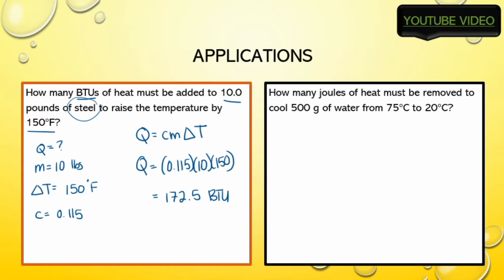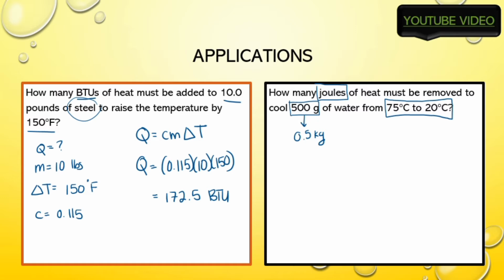Next question, how many joules? So we want the gross number. Okay, and we have 500 grams, but I know the joules formula just from looking at the units on my formula sheet should use kilograms. So right away I divide 500 by 1,000 to get 0.5 kilograms. And I see a change in temperature. And once again, you can do